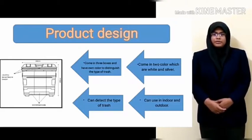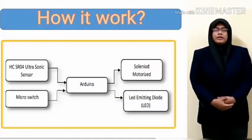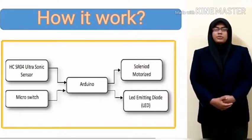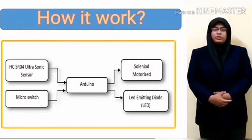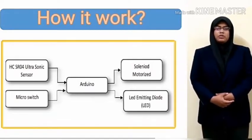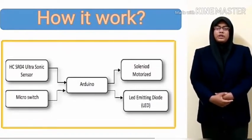The color on the bottom of the sensor recycle dustbin will light up and the lid of the dustbin will open when one of the colors lights up. For how it works, the SRD is built using some electronic products such as Arduino, solenoid motorized, HC-SR04 ultrasonic sensor, micro switch and light emitting diode. Arduino plays an important role to accept the signal from the HC-SR04 ultrasonic sensor, which detects the type of rubbish, and the micro switch will break the normally closed and touch the normally open. Arduino gives the signal to the solenoid motorized to give the current for the LED to emit light and open the lid